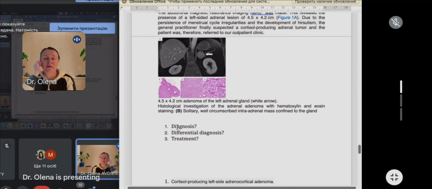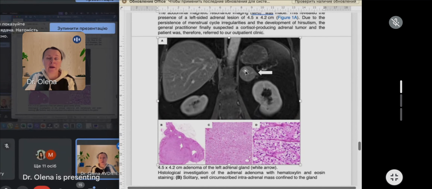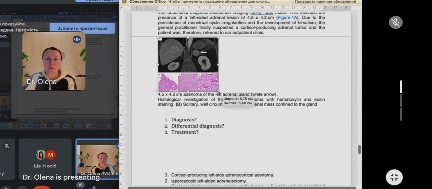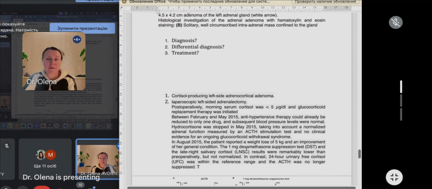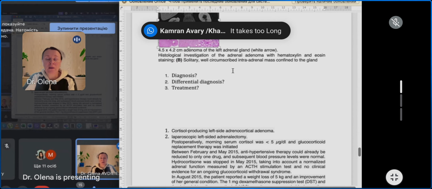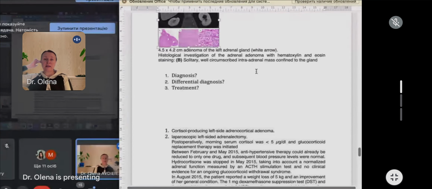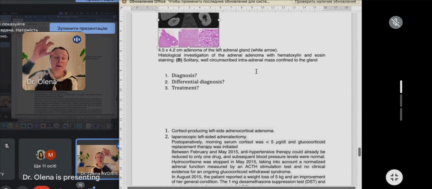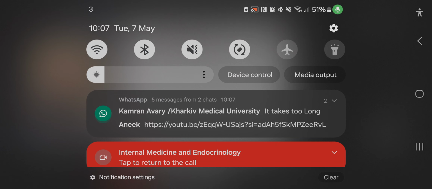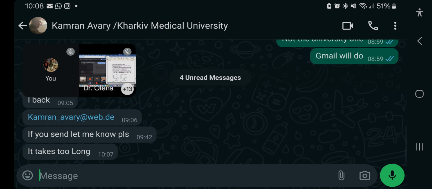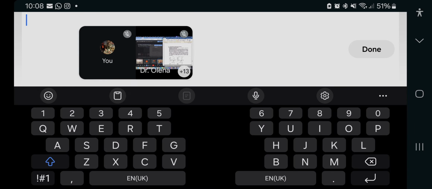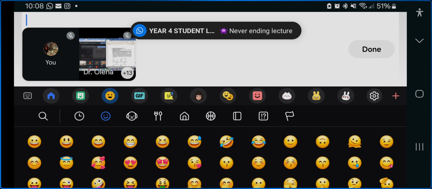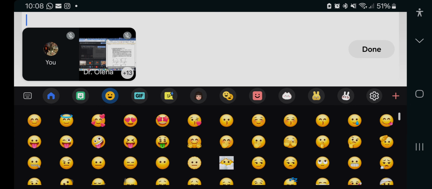A magnetic resonance imaging test was performed, and in this test we determined a tumor of the left adrenal gland, a solitary tumor, and surgical treatment was recommended for this patient. Histological examination of the adrenal adenoma with hematoxylin and eosin demonstrates a solitary, well circumscribed intra-adrenal mass in the gland. So the diagnosis of cortisol producing left side